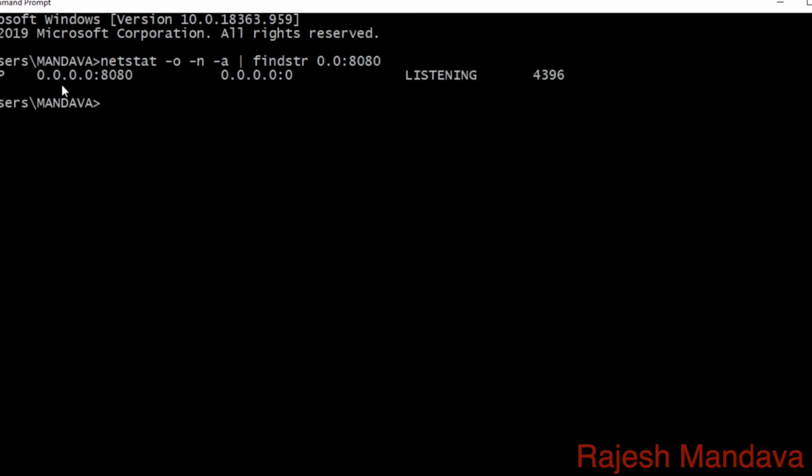Now it is saying this is occupied by 4396. This is the process ID. We can also find what is the service running at this process ID. I say tasklist. Let us find what is the task running, tasklist, and then we specify findstr, the string, and this process ID, which is 4396.